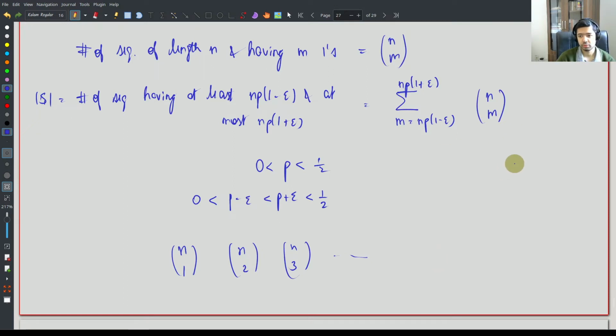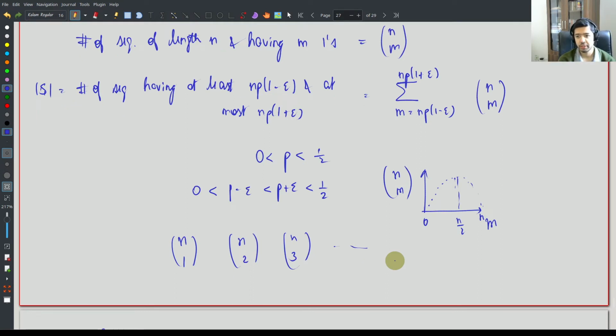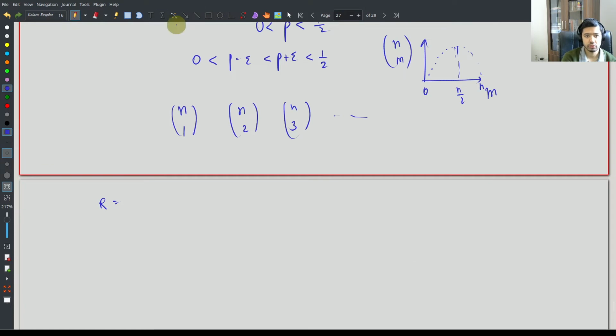So if you plot n choose m versus m, it will increase, reach a peak and decrease, and the peak is exactly at n over 2. So you go from 0 to n, and the closer it is to n by 2, the larger the binomial coefficient is. So therefore